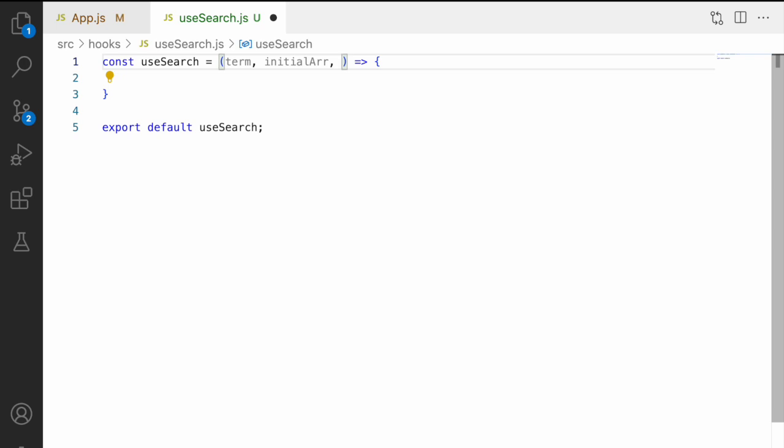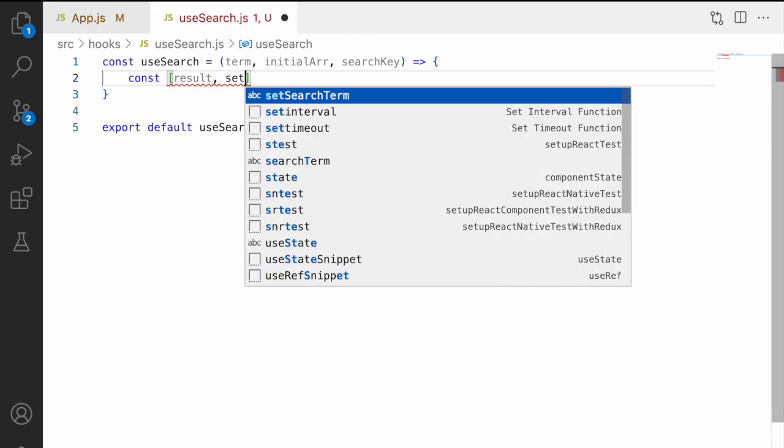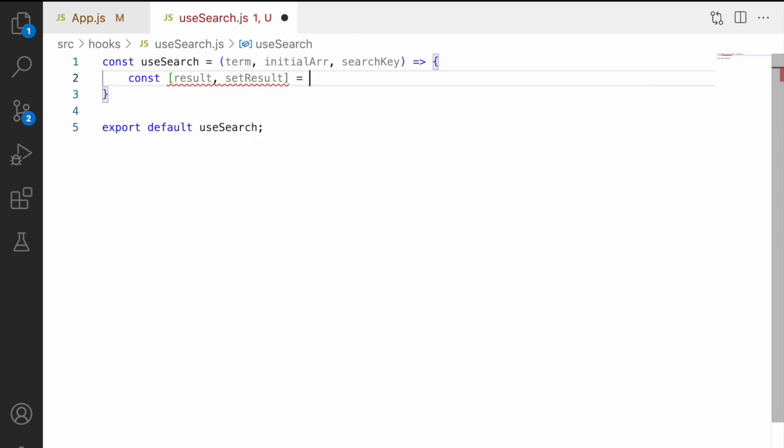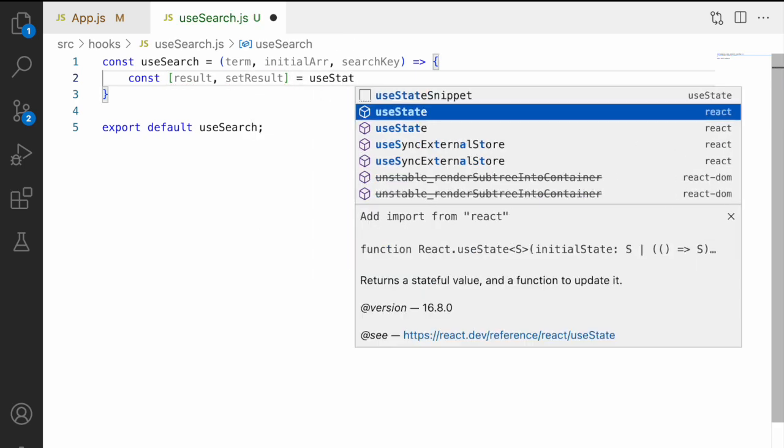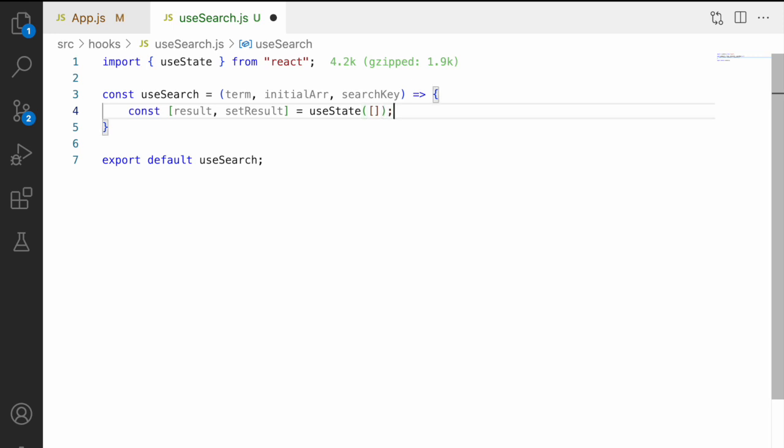And also I need a search key, on which key I have to search, whether it is name, ID, or any other property. So I need these three parameters from the parent component. Then I will iterate this and make use of all these values to update my data. So I'll create one result set. This is my result, that means the filtered data, and this will have a set result value, and it is a useState,